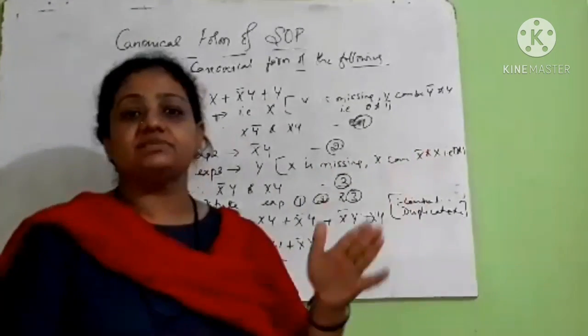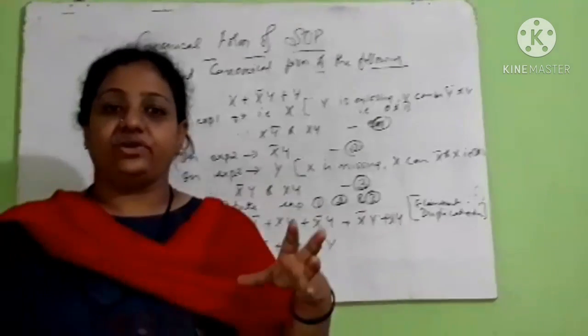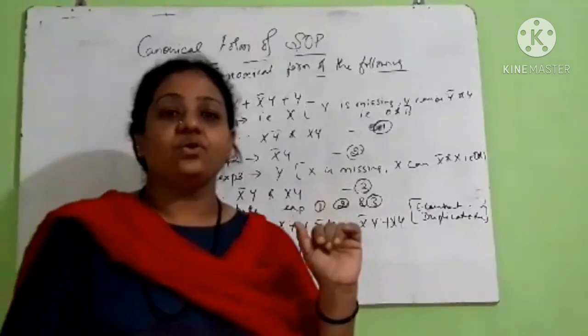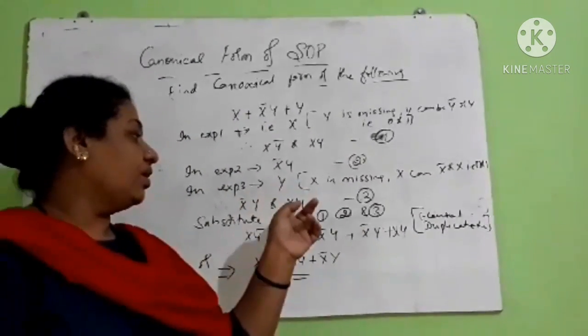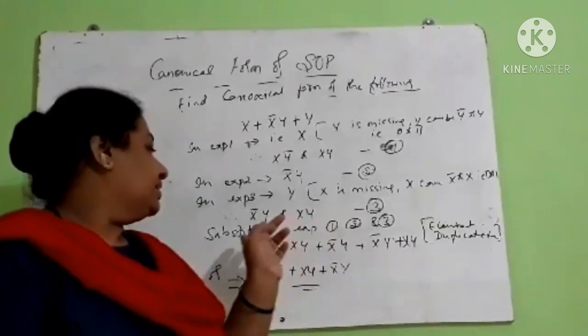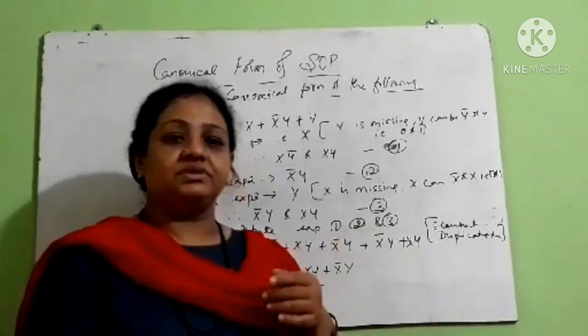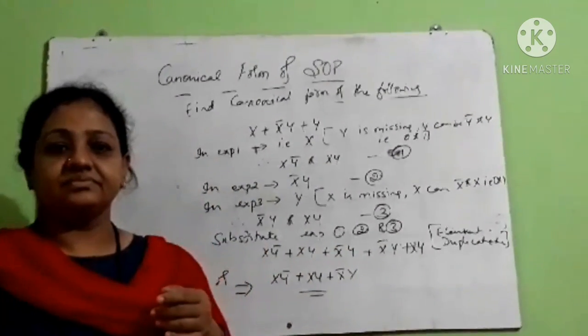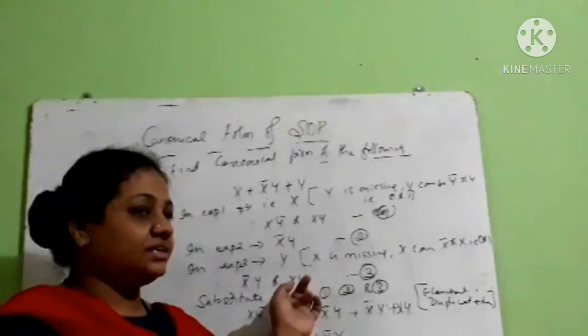X can be x bar or x, that is 0 or 1. Let us join x along with the y. So x bar y or x y. Let us substitute 1, 2 and 3, all the 3 expressions. So when we join all the 3 expressions,